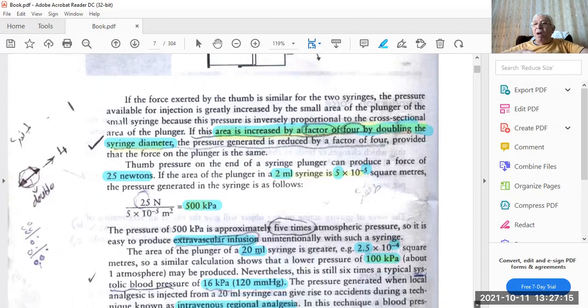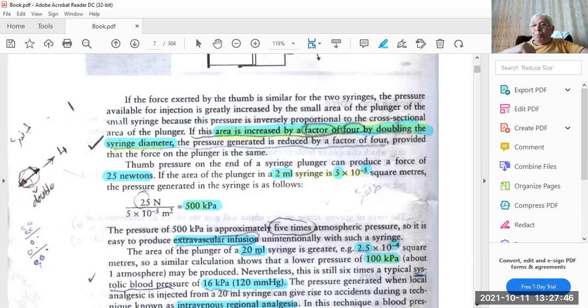So regarding the smaller one, we can divide 25 over 5 times 10 to the power of -5. Not to forget that the smaller syringe has a figure of more, which is 5, and the bigger has a figure of 4 times, but this one is 10 to the power of -5,